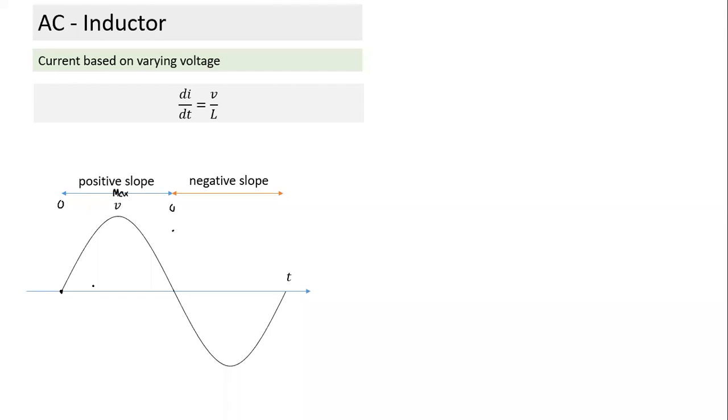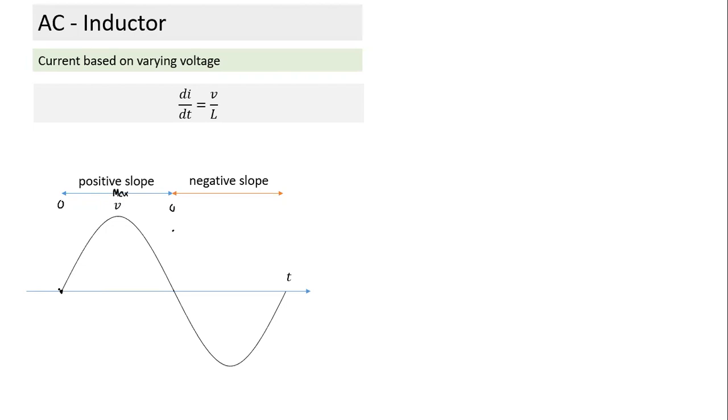So what is the shape of current I should have here without going for a differential equation? Can I draw the shape of the current curve? Nitya, can you draw the shape of the current curve? Are you following what I'm saying so far? Nitya? Yes, sir. What are we trying to do? Have you understood what I'm trying to do?